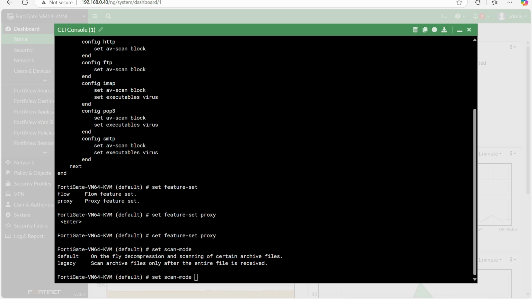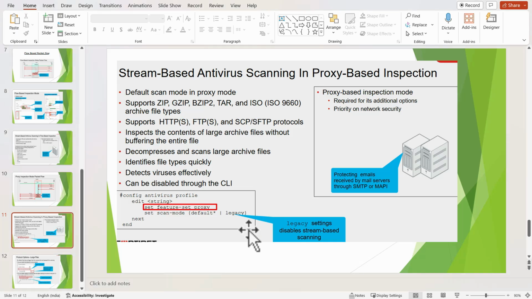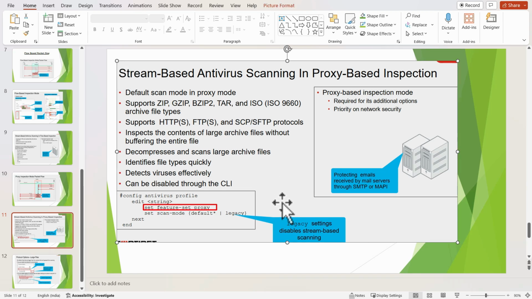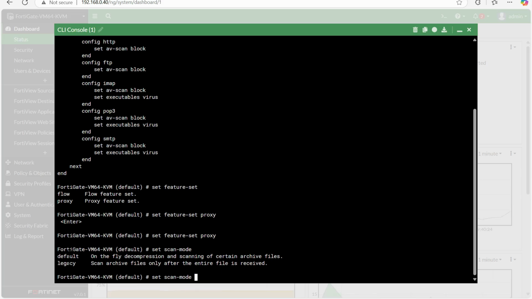So these are basically the two differences between these two scan modes. The legacy setting disables stream-based scanning. It means that if we select default, then we enable stream-based scanning, and if we use legacy, then we disable stream-based scanning.